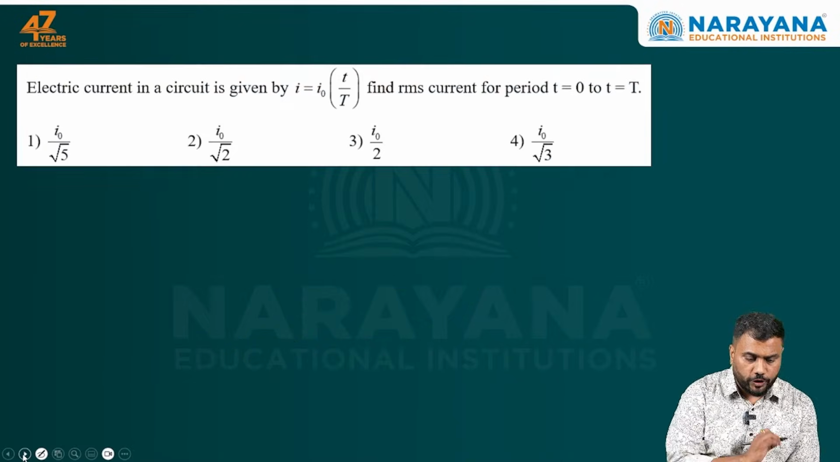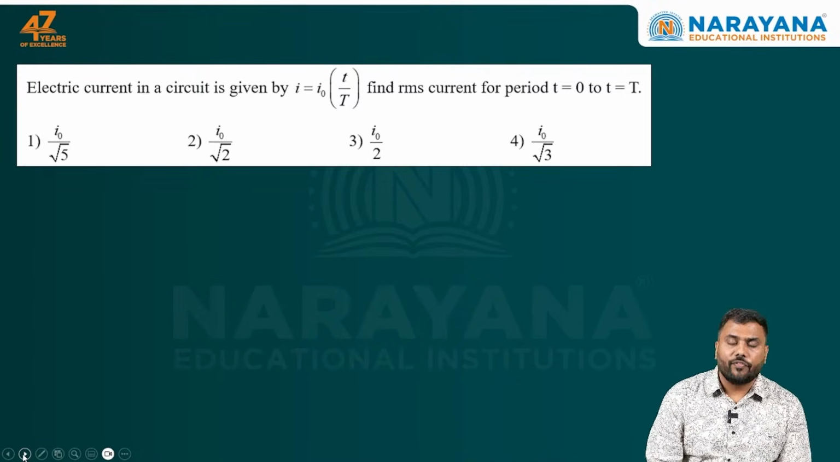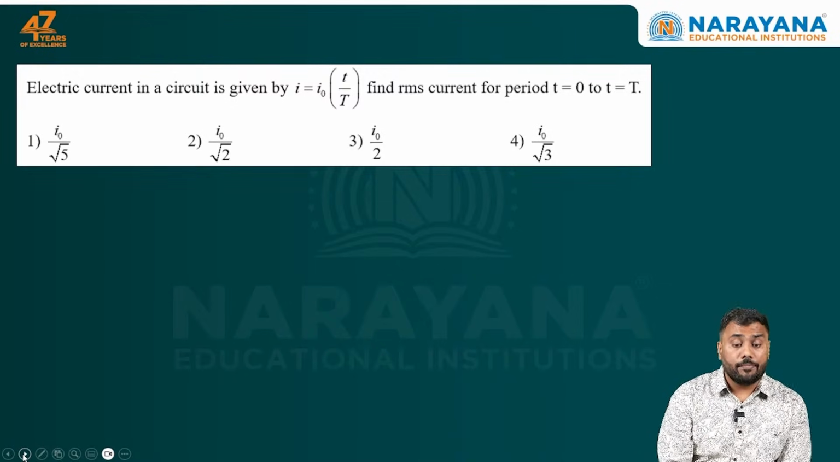Let's go to the next question. The next question is again a very easy question. It is from AC current, alternating current. The question is asking you to find out RMS current from 0 to t time for a current given by